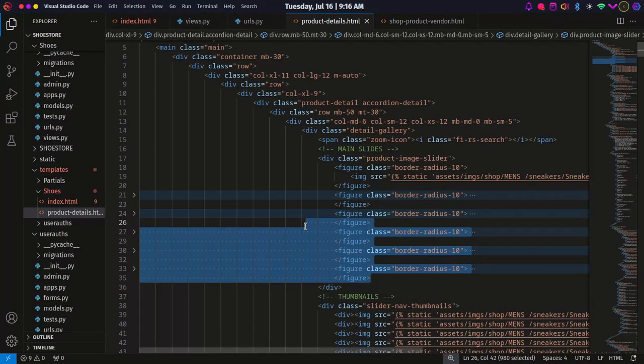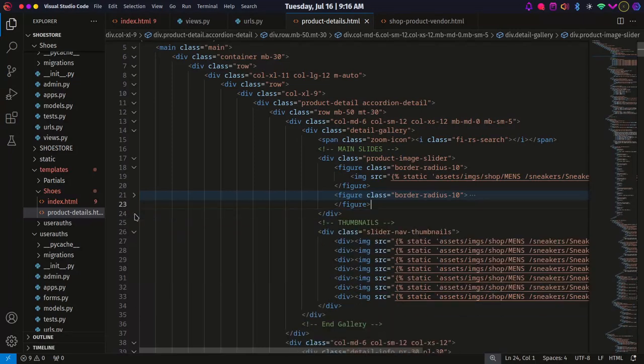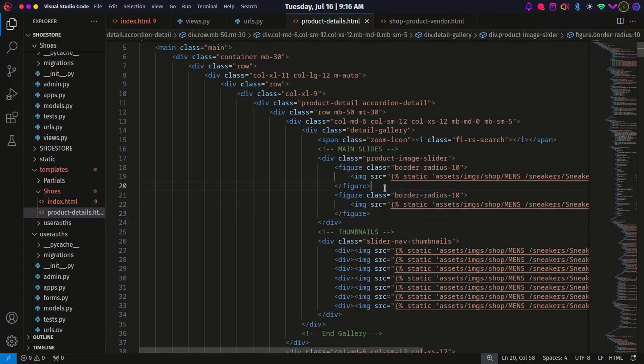Delete those images like that. Just have these two images. I'll explain why in a few. So instead of getting this image like this, all we want to get is